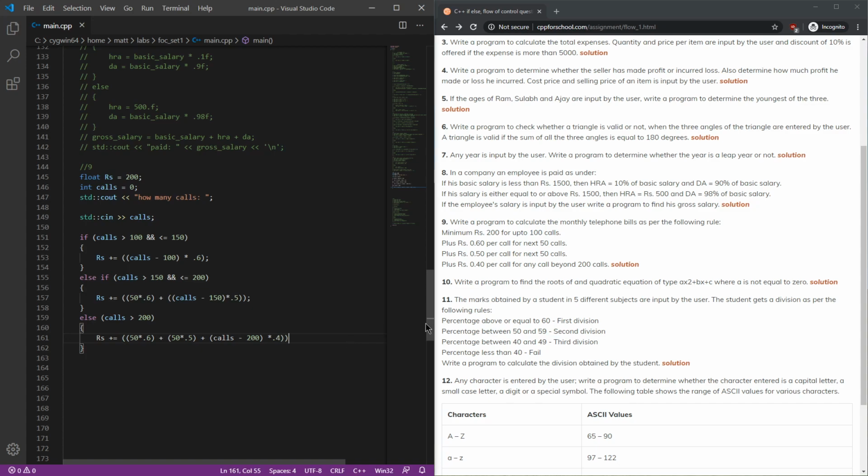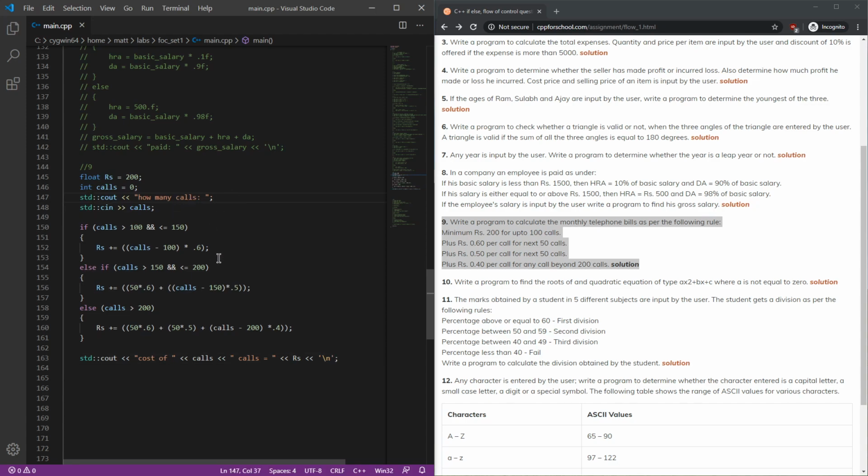There we go. So that should give us this solution. Now I just want to walk through it one last time, and we'll spit it out here. Cost of calls, cost of however many calls equals, and we'll just spit out the number. RS. Let's put a little new line at the end of this so it's a little more readable. So there we go. Now we can tell it how many calls we made, and it'll just give you the